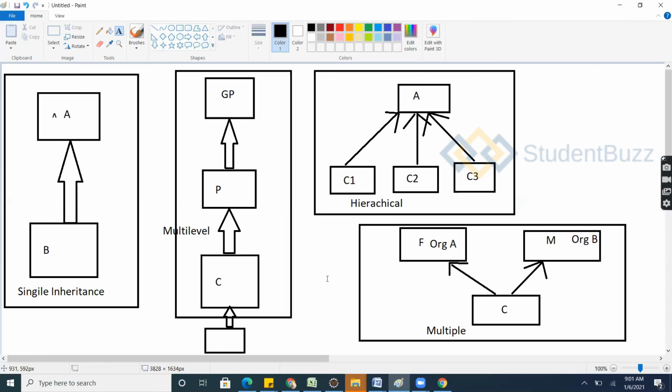So why do we have this relationship? To reuse the code, to reuse the data members or methods, we have this relationship. For example, today I started from 100 rupees of earnings, and I have 1,000 rupees tomorrow, and my child is going somewhere to earn.